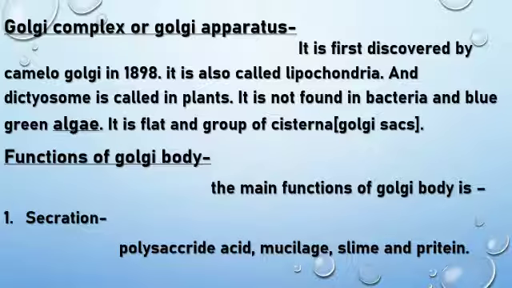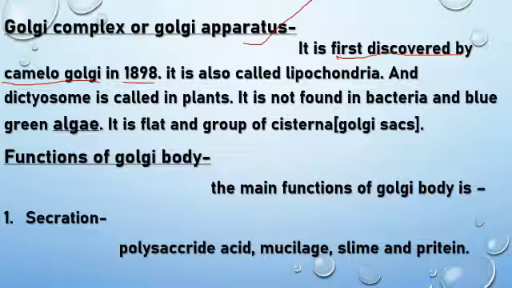Our next cell organelle is the Golgi complex, or we can say the Golgi apparatus or the Golgi body. The Golgi apparatus was first discovered by a scientist named Camillo Golgi. What's the name of the scientist? The name of the scientist was Camillo Golgi. And when he discovered it,